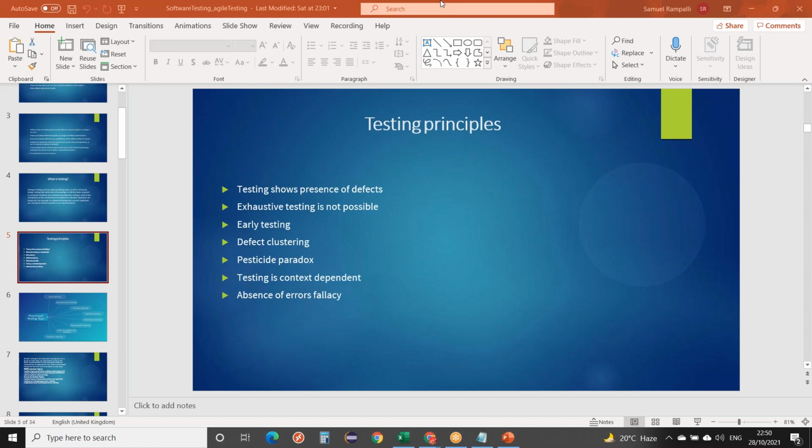Defect clustering says 20% of your application can have 70, 80% of the defects. So defects will be uneven, somewhere more and somewhere fewer, because of the complexity or simplicity of each module. It is not fixed or even.